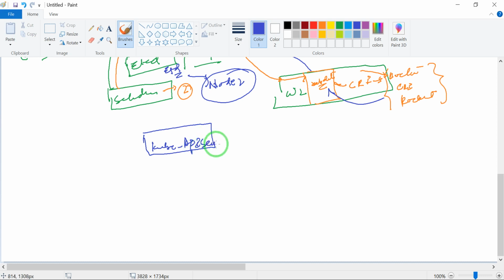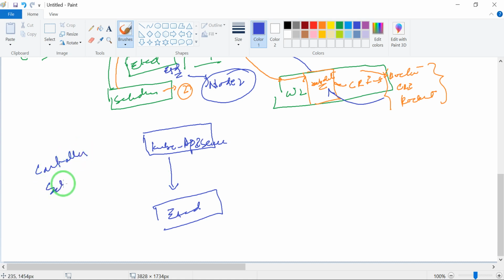The API server is the main component which is directly connected to the etcd. All the other components, we have the controller, we have the scheduler, we have the proxy, and other parts of the Kubernetes components, are not directly connected to the etcd.